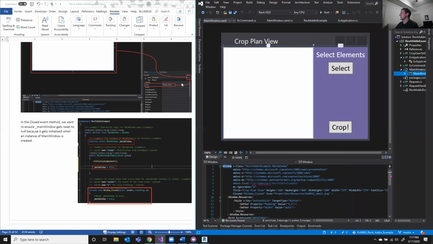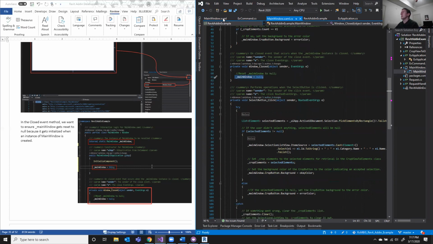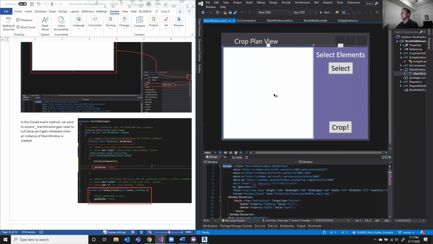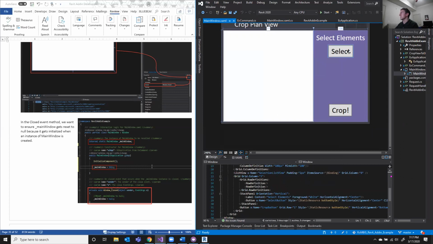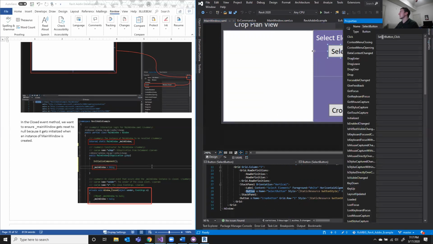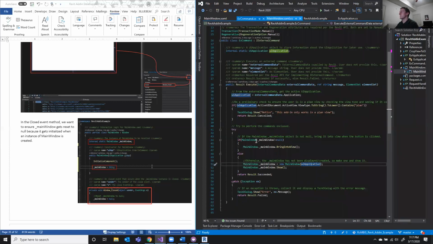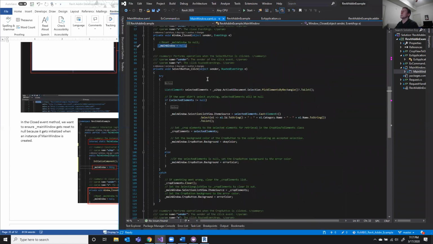So if I go back into the code here, you'll see that when the window closes, I want to clear out that main window object, and that way I have something fresh. So when it comes to things like buttons, for example, select button, same thing. If I want to add an event so that when somebody clicks on it, you can go over here to events, say select button click, and then you'll tell it what you want to do with Revit. So in this example,